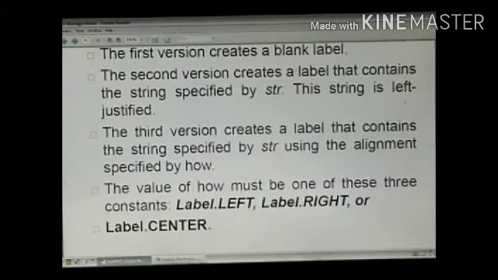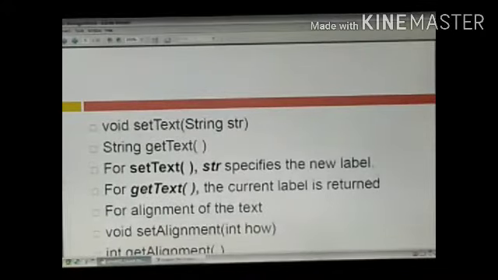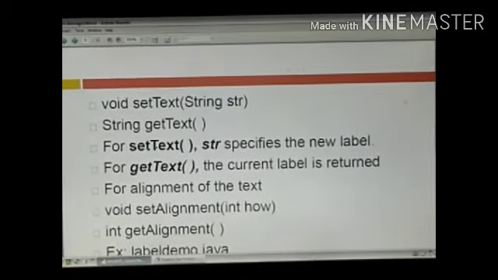The third version creates a label that contains the string specified by str using the alignment specified by how. The value of how must be one of these three constants: Label.LEFT, Label.RIGHT or Label.CENTER.